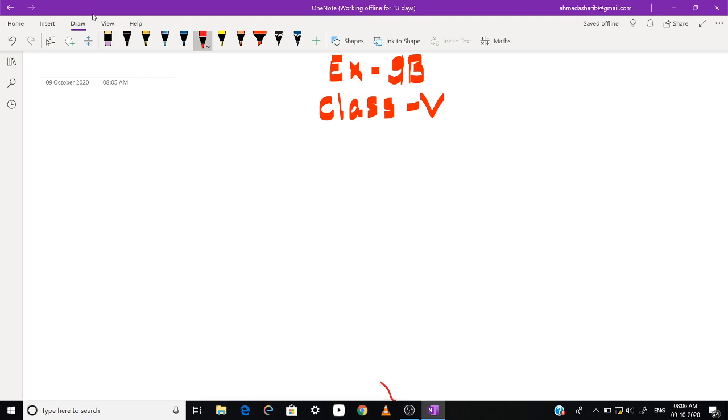In this exercise also we are dealing with the quantity of length whose unit is meter or centimeter or hectometer, or there are so many units which I have told you in the previous class. So let us do the first question of this exercise, and the first question says: express in meters and centimeters. And part 1 is